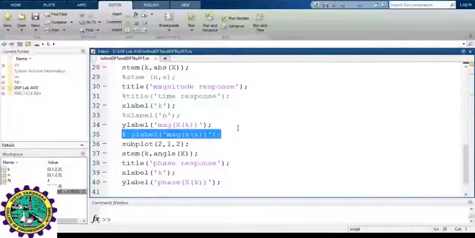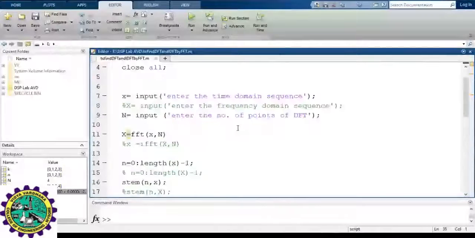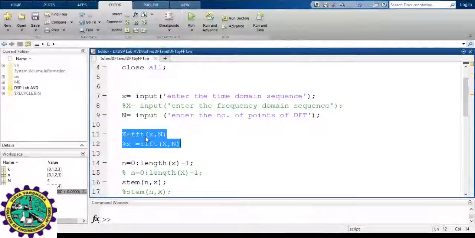Any doubts? No, it's very easy. The only thing is you need to remember these 2 lines. One is this, the other one is this. FFT to find out.